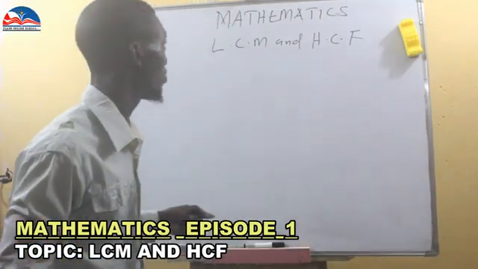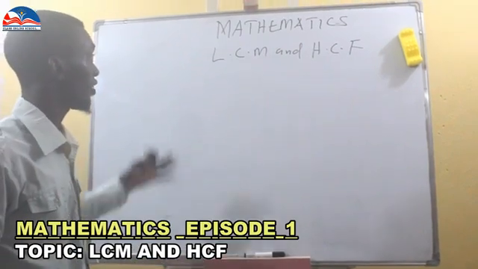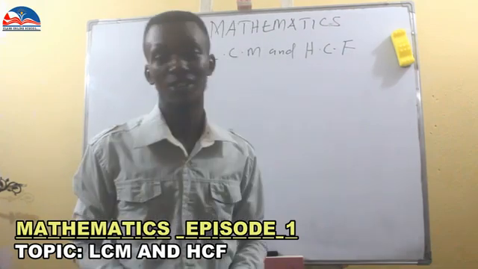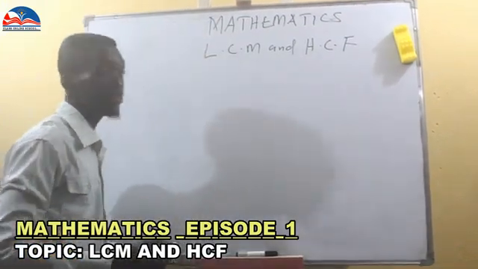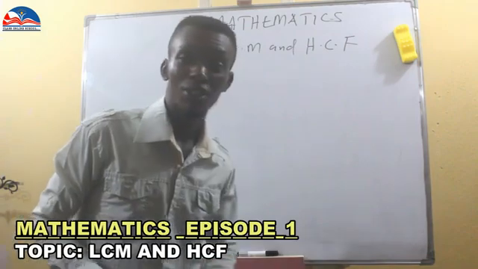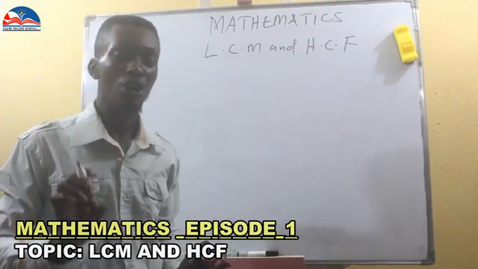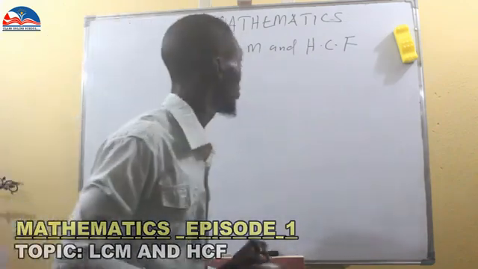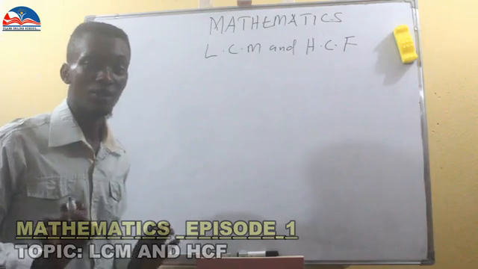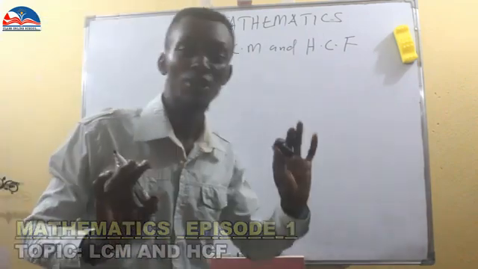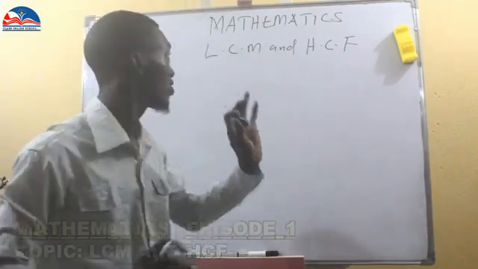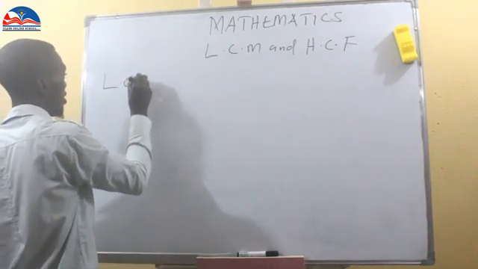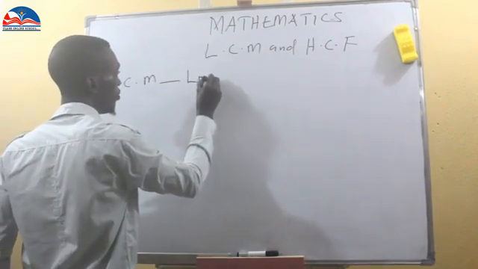Here we're taking mathematics today, and we're starting with LCM and HCF. As we all know, when you talk of LCM, you are talking about the lowest common multiple. When you talk of HCF, you are talking about the highest common factor. LCM means lowest